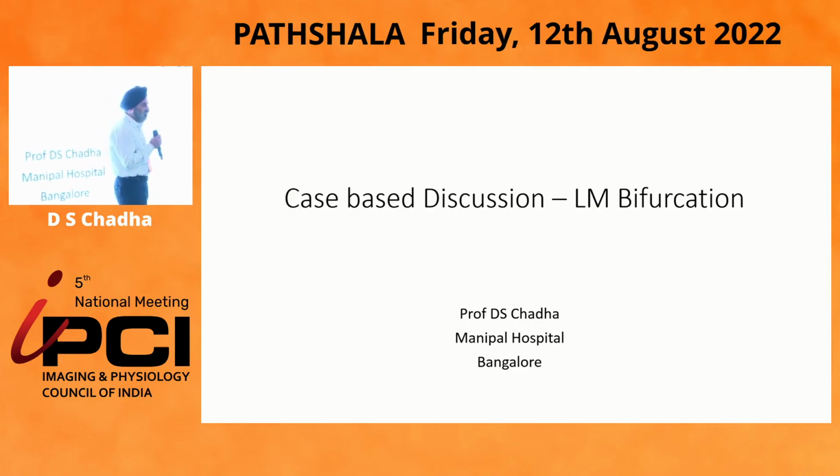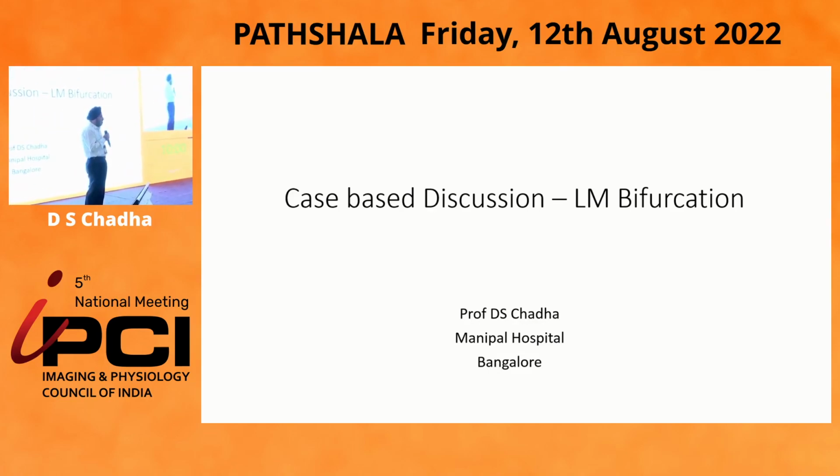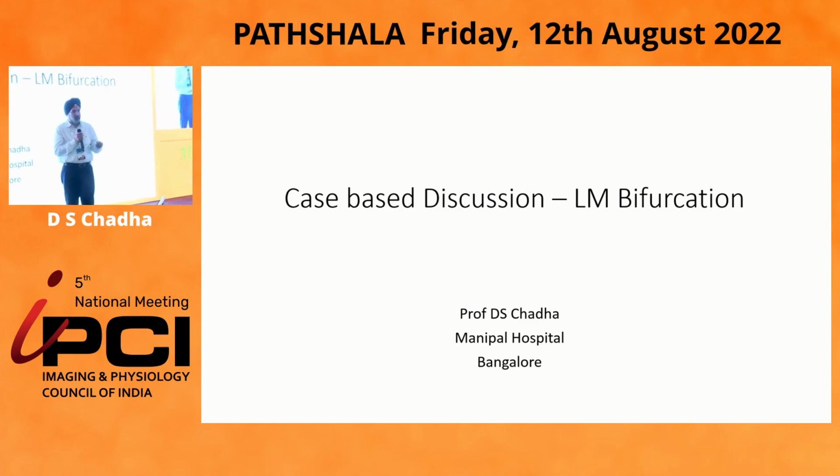We all know that bifurcation is absolutely a different lesion subset because we not only have to look after the main branch, but also the side branch, which is the Achilles heel. So the basic objective of this session is to look at the side branch. What are the predictors of side branch occlusion, so that we prevent this from happening